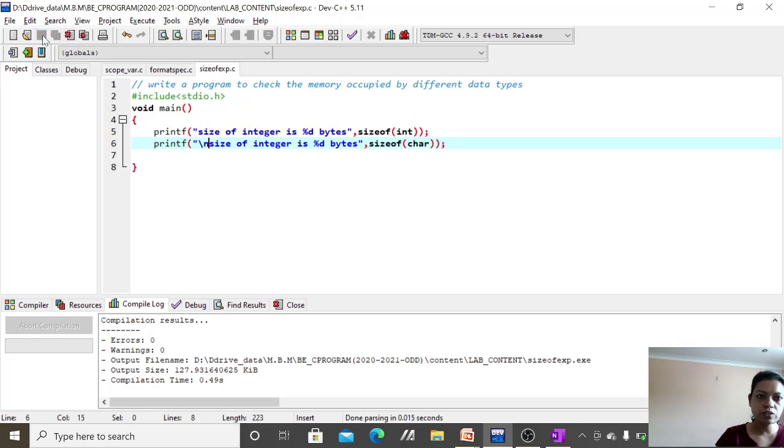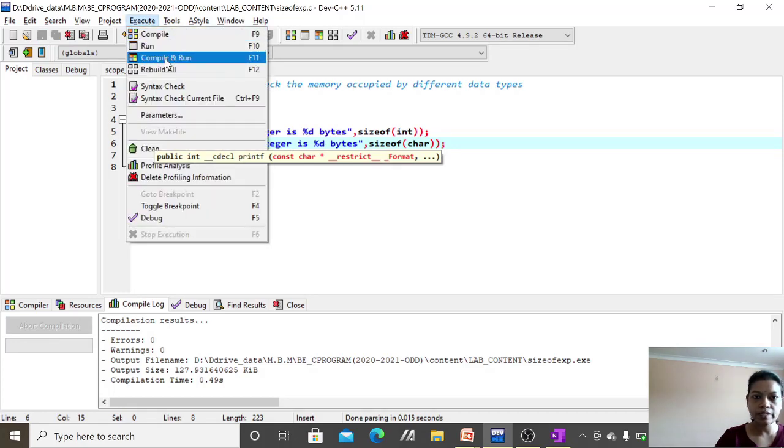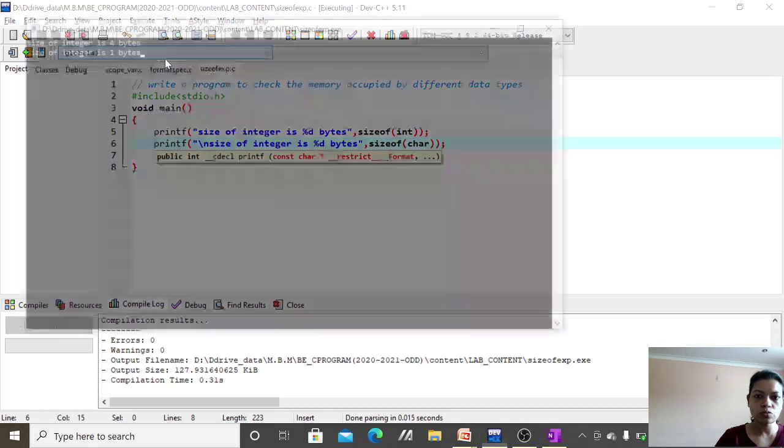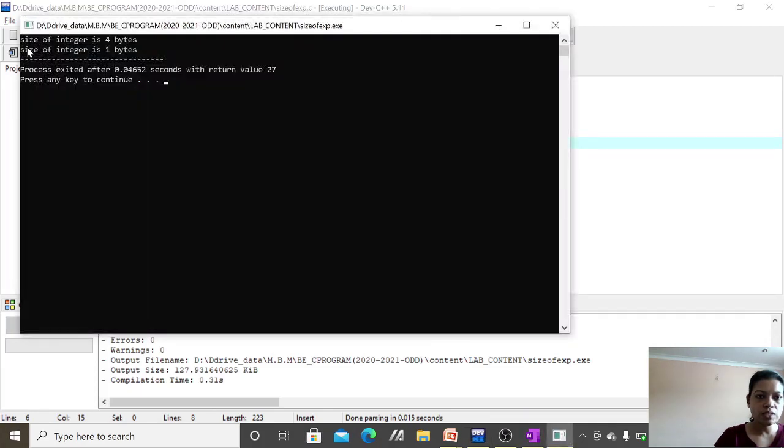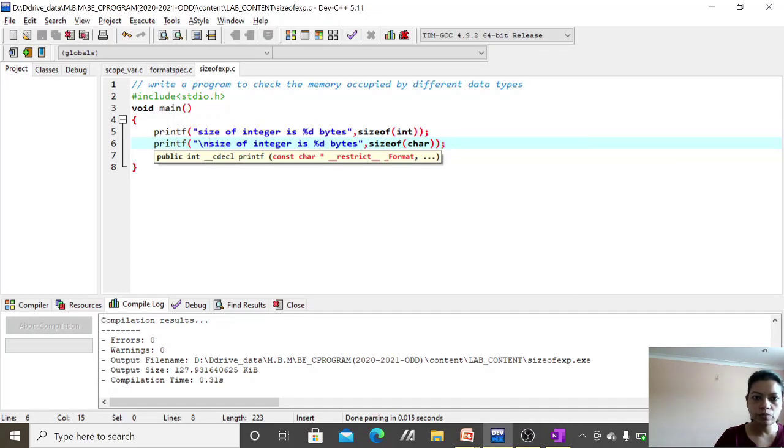I am saving because I have modified the code. Now I need to execute, that means I am directly compiling and running the code. Now you can see integer is occupying 4 bytes and character, sorry, I forgot to modify. Character is occupying 1 byte. So it should be character.